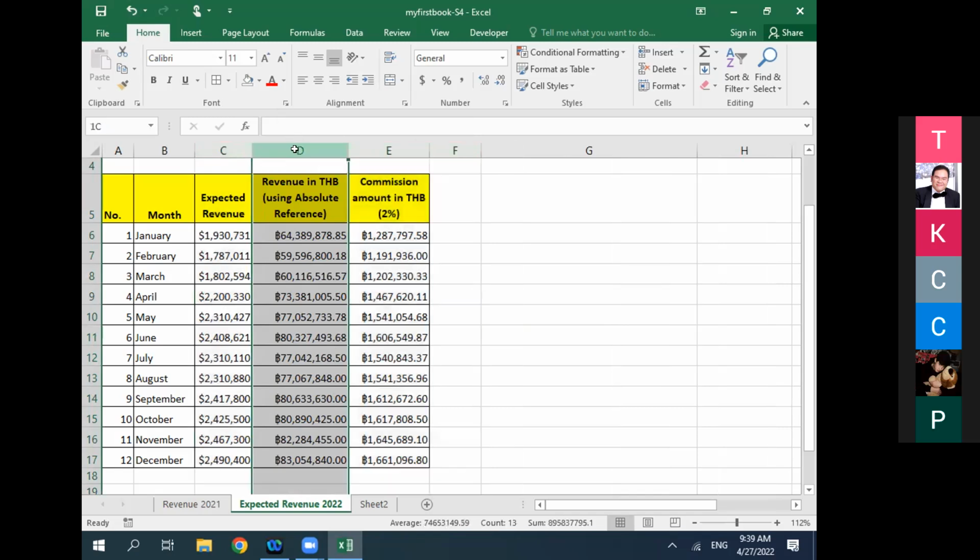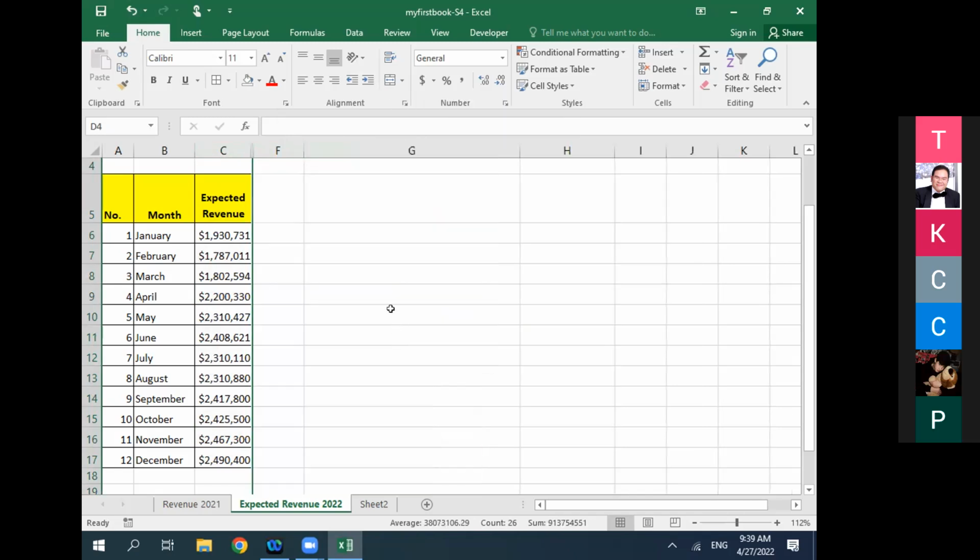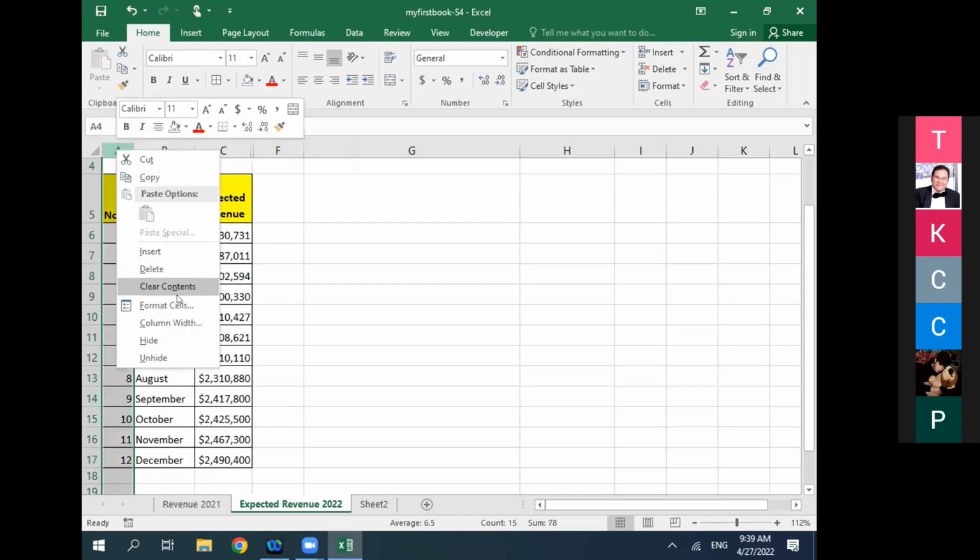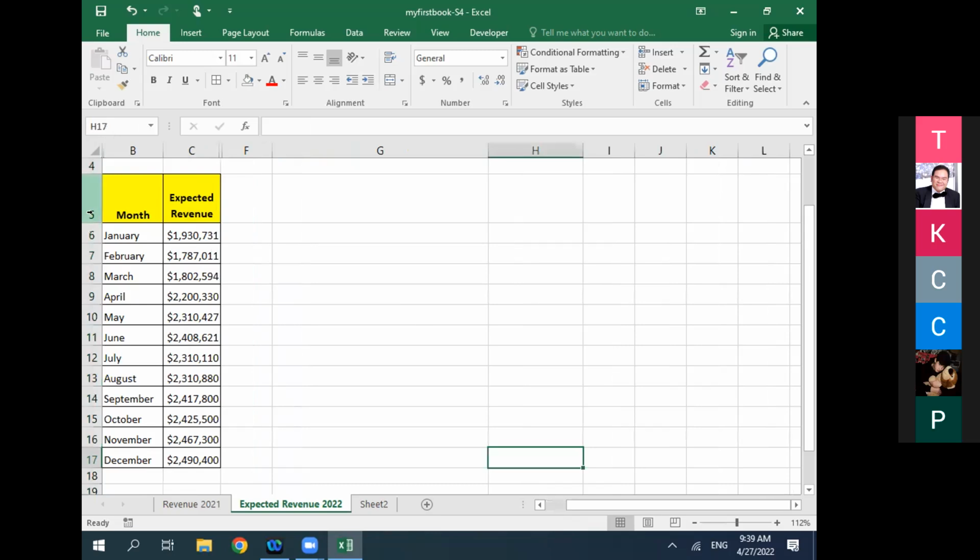To hide those columns, do the same thing: highlight the columns that you want to hide, right click and then hide them. This is not to delete the columns, we just hide them, because sometimes you don't want to show them and make other people confused. Sometimes if I say I don't want column A to be shown, I hide it too, so I have just month and expected revenue. I can do the same thing with the